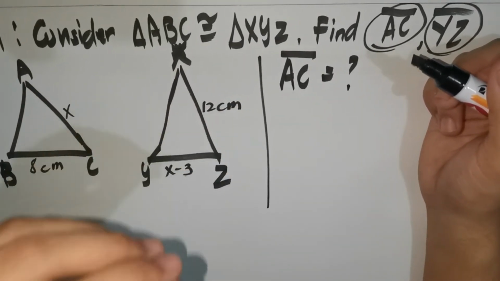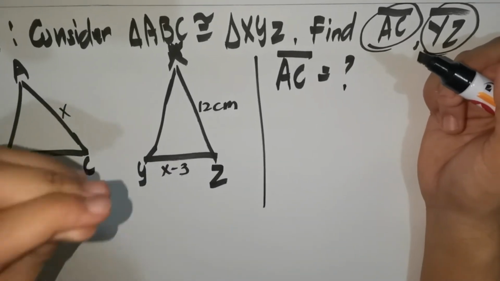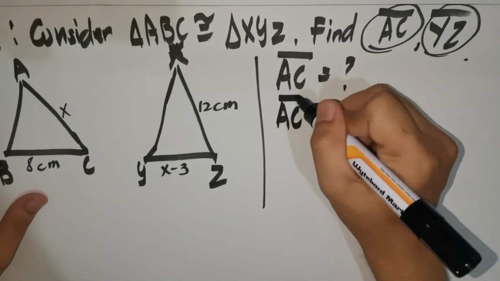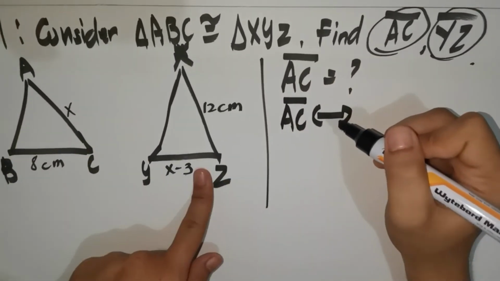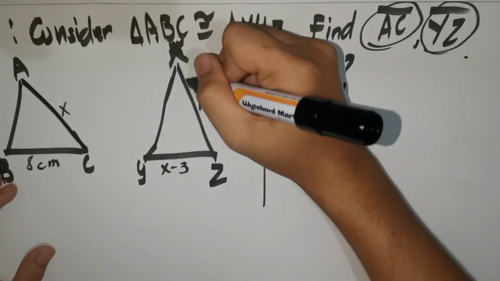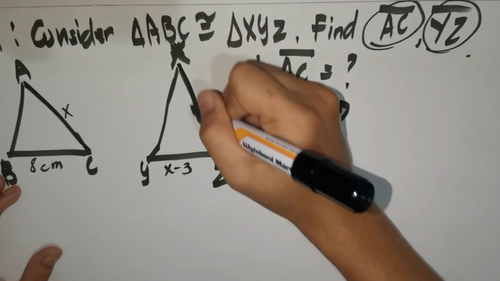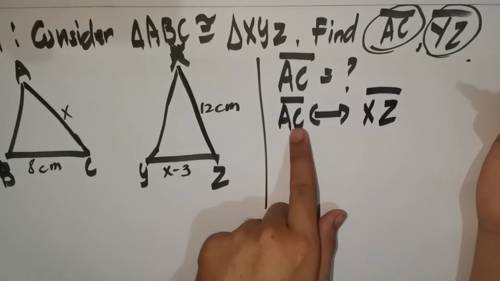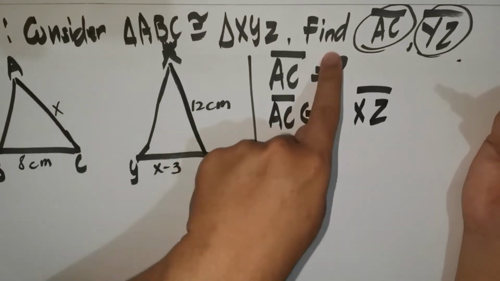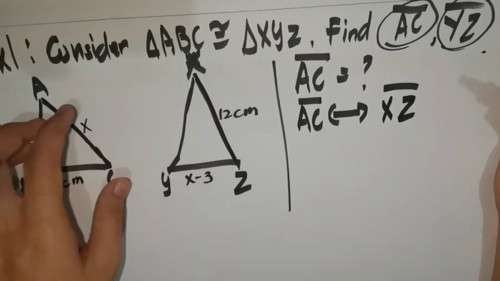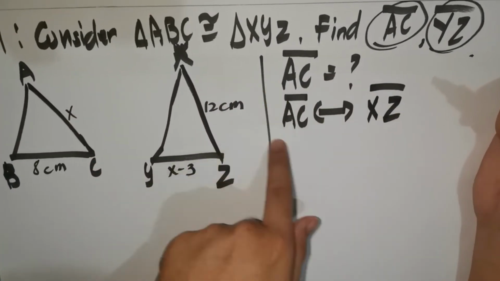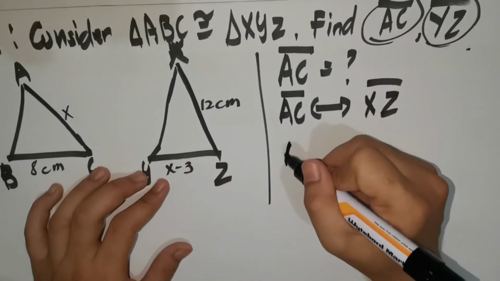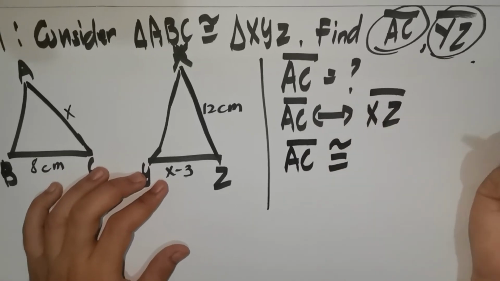So yun ang dapat nating malaman. Yun yung dapat alam natin na idea. Kaya naman, alamin muna natin ang corresponding side ni AC doon sa kabilang triangle. If this is AC, so ito yung corresponding side niya, which is XZ. Tama ba yun? So, corresponding po sila. Now, with this idea, the two triangles are congruent, and these two segments are corresponding, so we can say that AC is congruent to